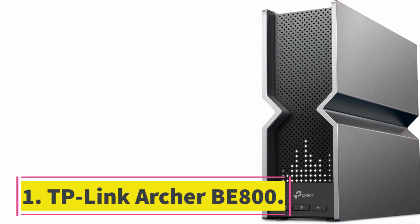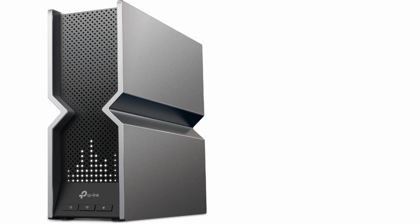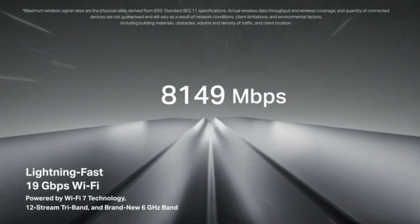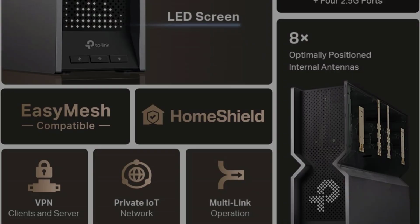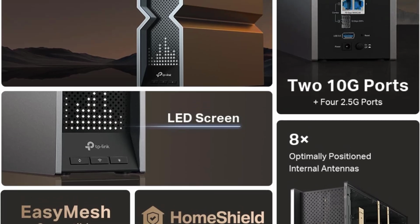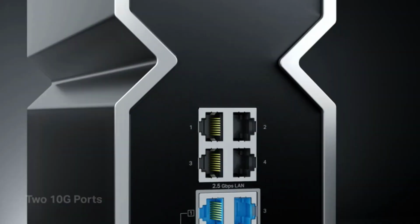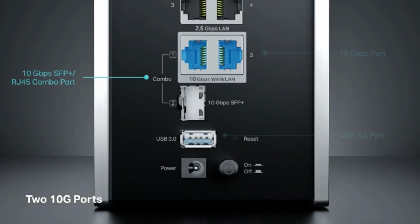Number 1. TP-Link Archer BE800. The TP-Link Archer BE800 was one of the first Wi-Fi 7 routers released, but it feels like one of the most complete. TP-Link has left Gigabit Ethernet in the past with two 10 gigabits per second Ethernet ports and 4 2.5 gigabits per second ports, which is perfect for a house with multiple online gamers. Notably, one of the 10 gigabits per second ports can be used with either RJ45 Ethernet or fiber optic compatible